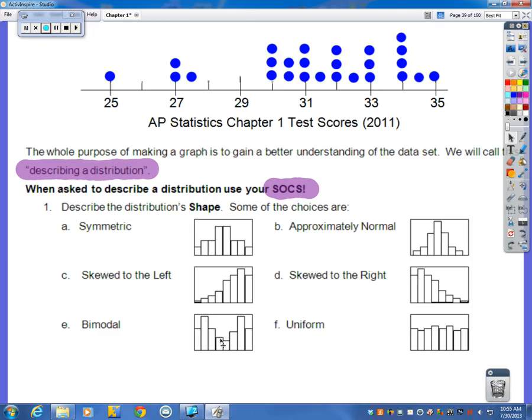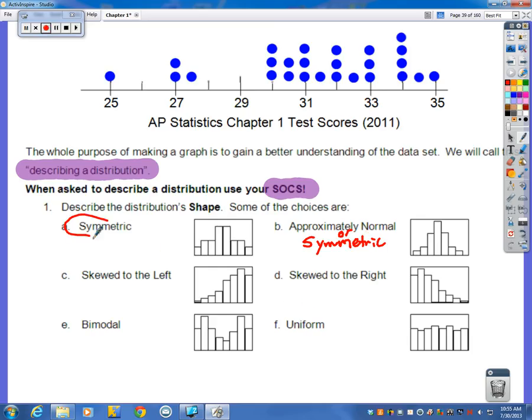And here are 6 main options here. Okay? We've got symmetric, approximately normal, skewed left, skewed right, bimodal, and uniform. So the first thing you might notice, you might say, well, symmetric and approximately normal, they look alike. True. Anything that's approximately normal, you could call symmetric as well. If I can figure out how to spell symmetric, there we go. So approximately normal or symmetric are the same,